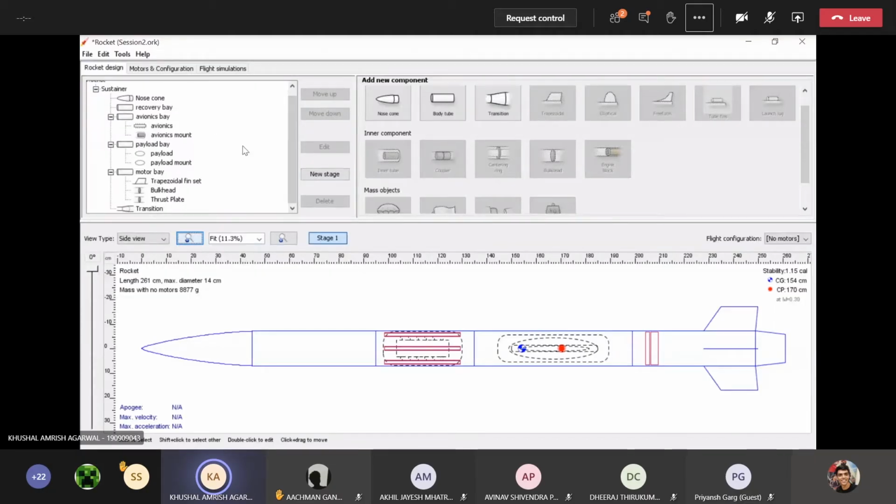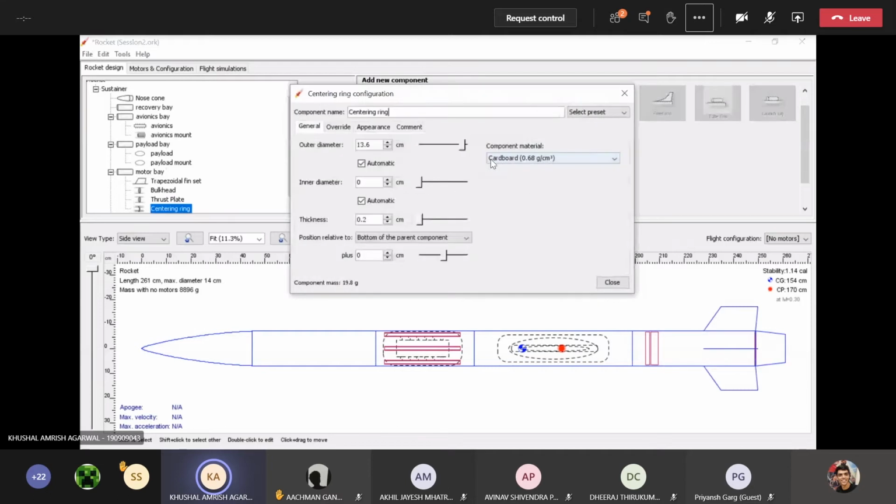Now let's put the centering rings as well. Again, this will be of aluminium, and the thickness will be 1.5. Now ideally, the inner diameter of the centering ring should be equal to the outer diameter of the